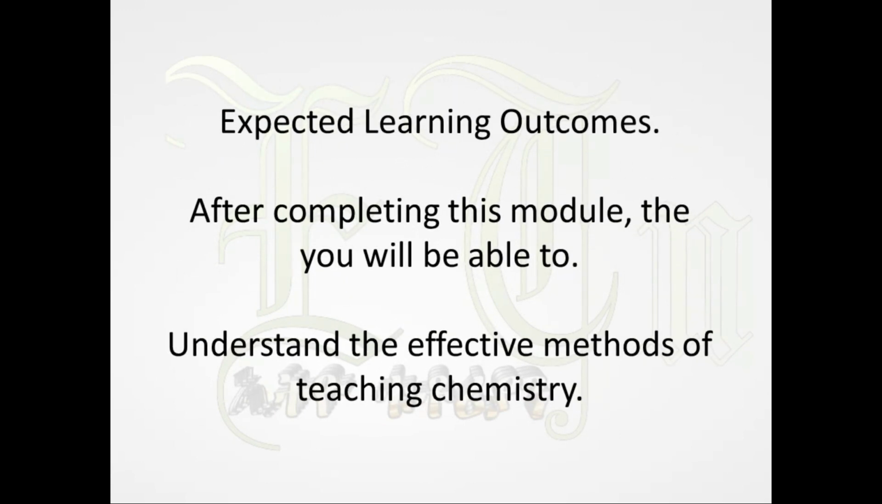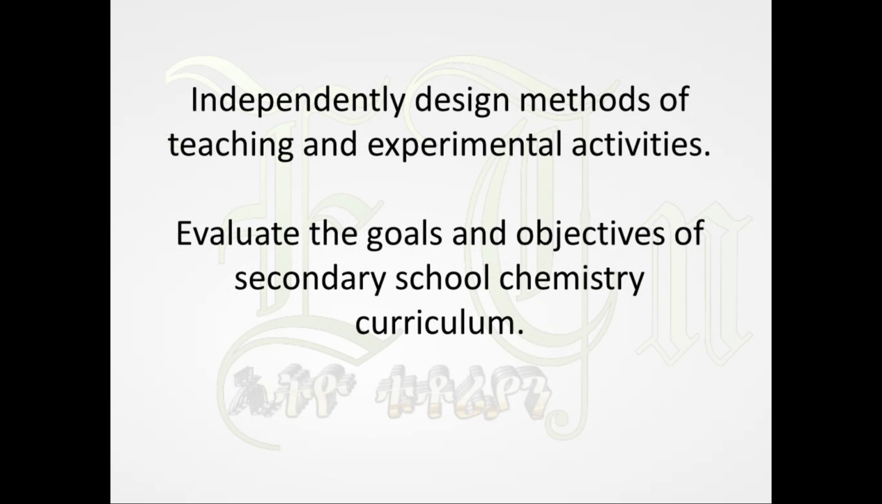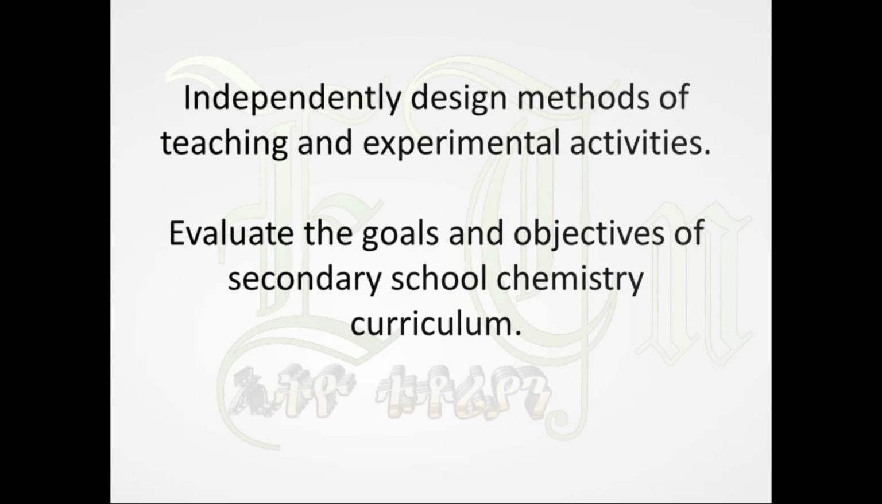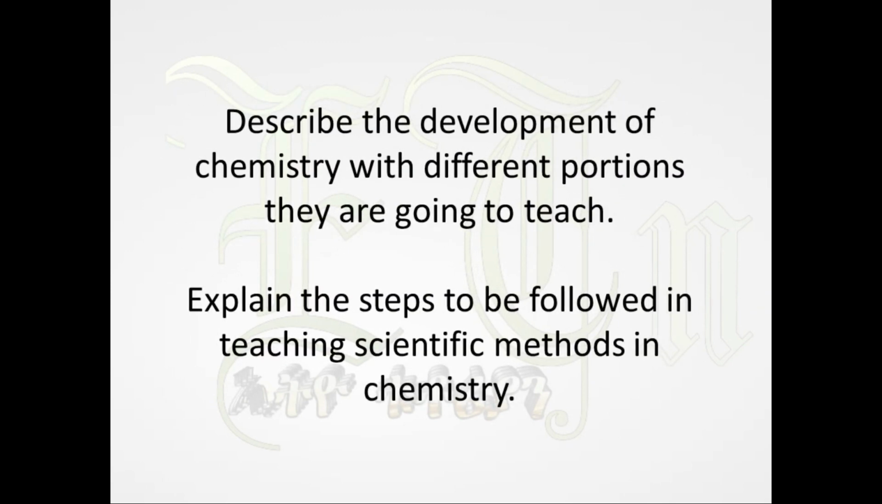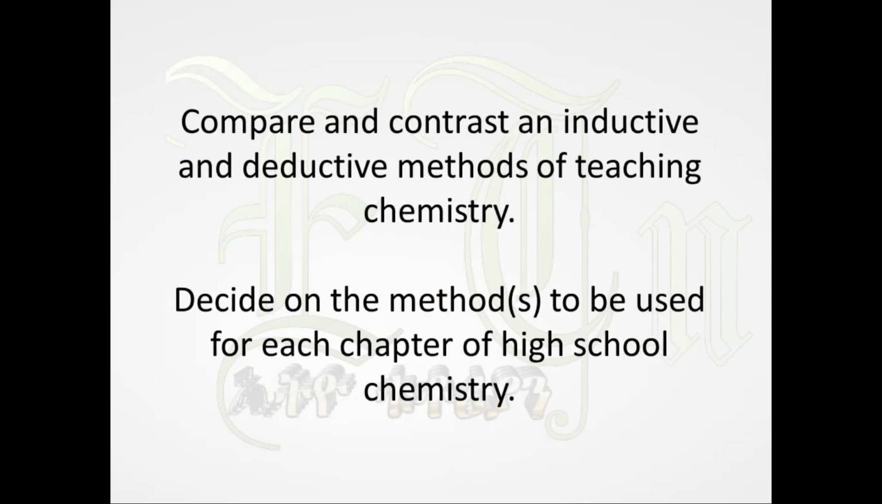Expected learning outcomes. After completing this module, you will be able to understand the effective methods of teaching chemistry, independently design methods of teaching and experimental activities, evaluate the goals and objectives of secondary school chemistry curriculum, describe the development of chemistry with different portions they are going to teach, explain the steps to be followed in teaching scientific methods in chemistry, compare and contrast inductive and deductive methods of teaching chemistry, decide on the method to be used